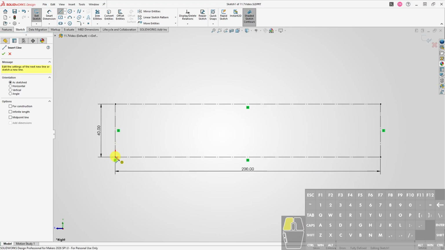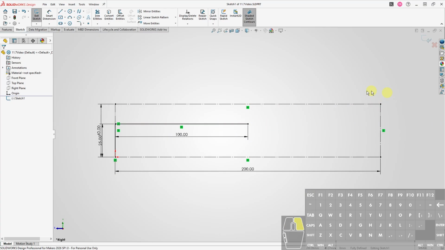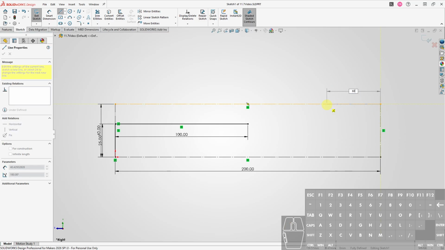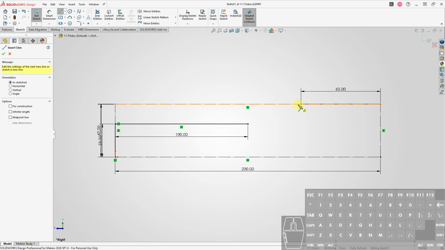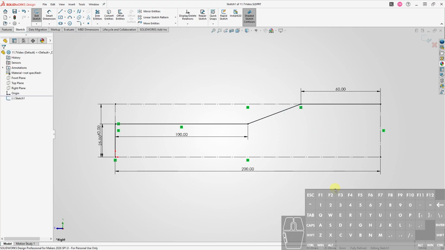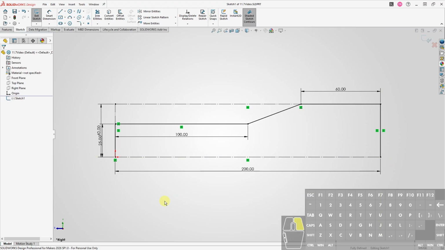So we'll go in the line tool. We'll go up 25, right 100, and then from here it's 60 in, and then I can finish this off here. Okay, so we're still fully defined. We can draw this side, and then actually I'm going to start from this side over here, because a lot